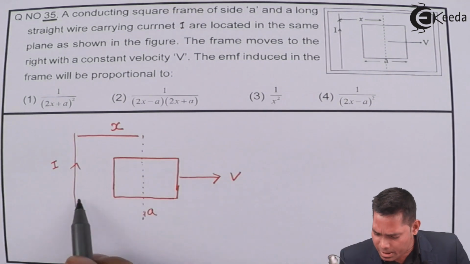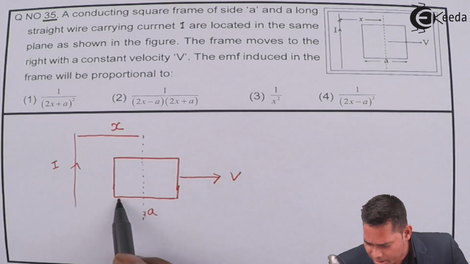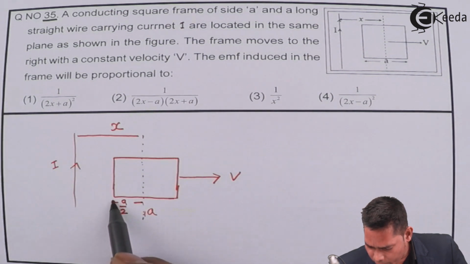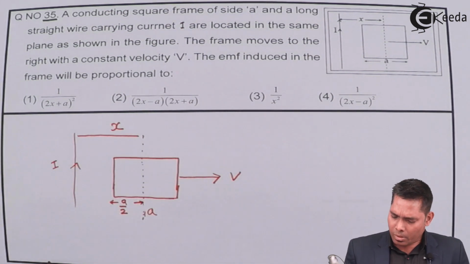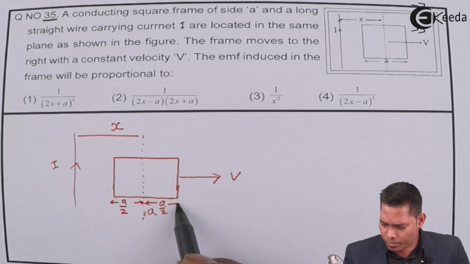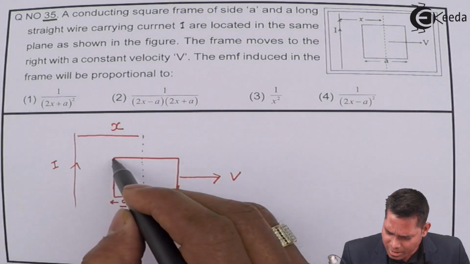Now if this is x, we know that this side is a, so this distance will be a by 2, and this distance is also a by 2. For this part of the frame,